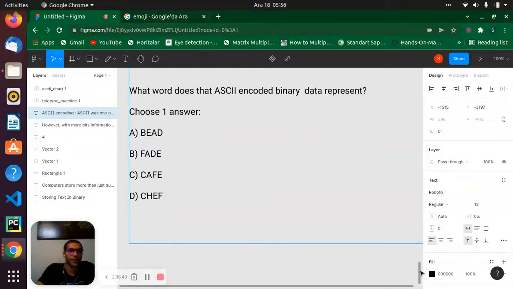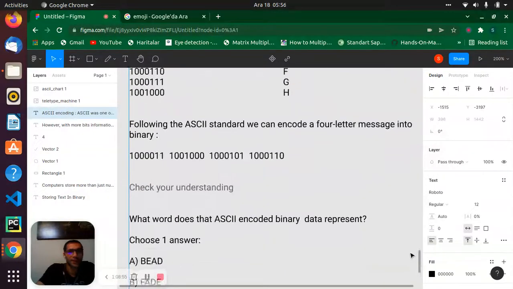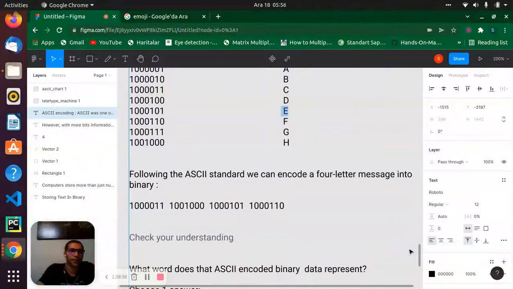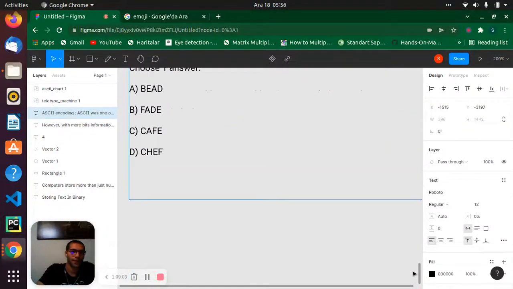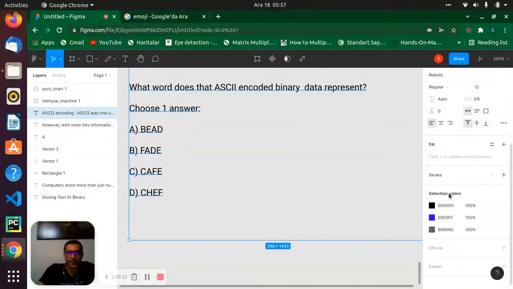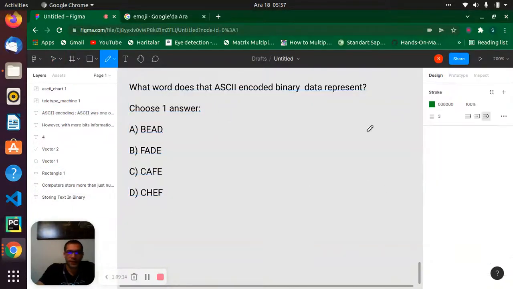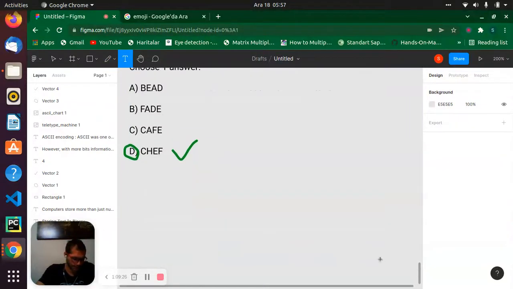So really, we can write some message. We can represent these binary codes with these numbers already there. You know, in ASCII code, we represent this number in 128 in binary data. So, okay, let's put the answer there like that. What I want to do, let's come here and do this one is chef. This one is true. Let's come back to here and let's go down and we will go on again.